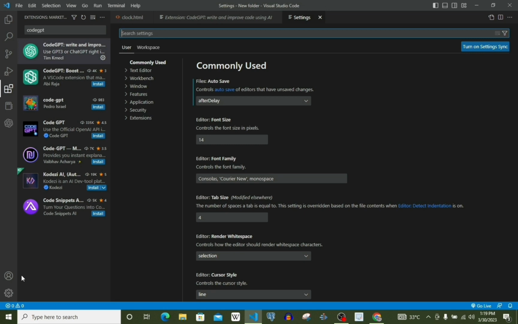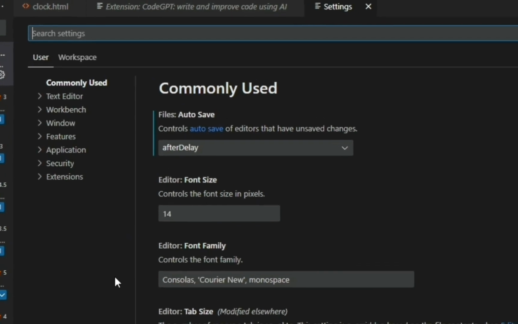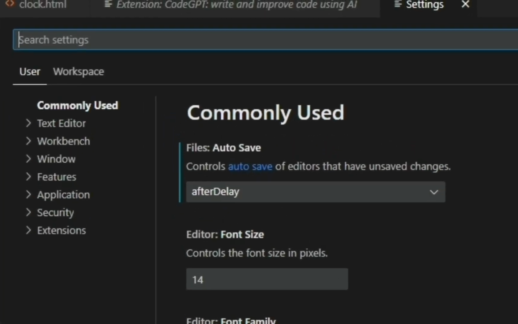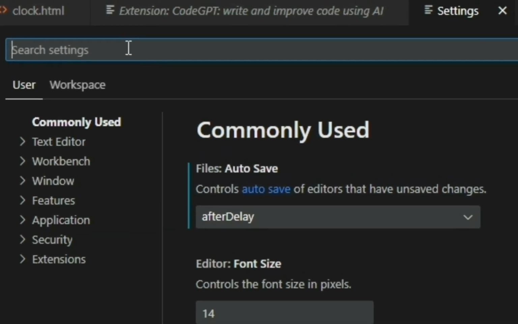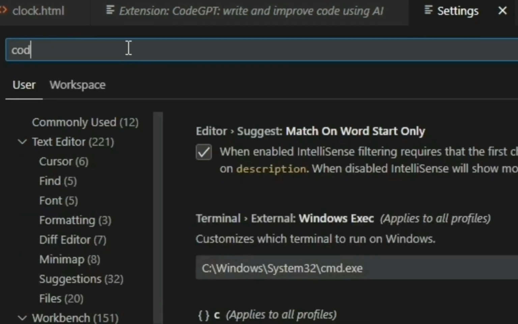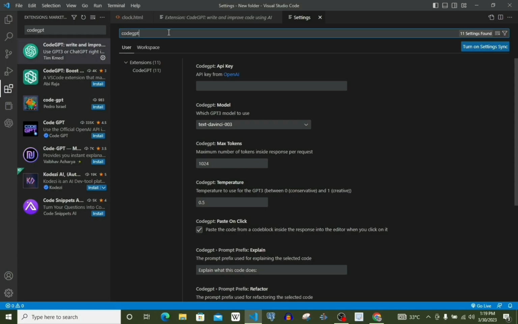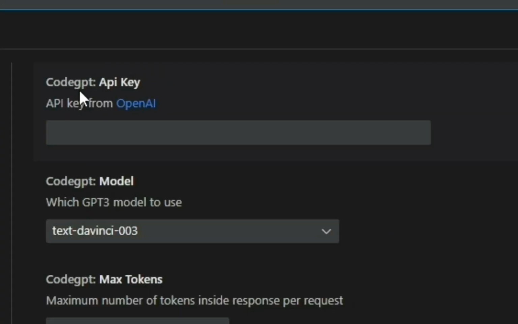We're going to come over to this search box right here. Come over to that search box, click on it, and we're going to type CodeGPT. Once we type it in, automatically we'll have it appear. See, right here it says CodeGPT